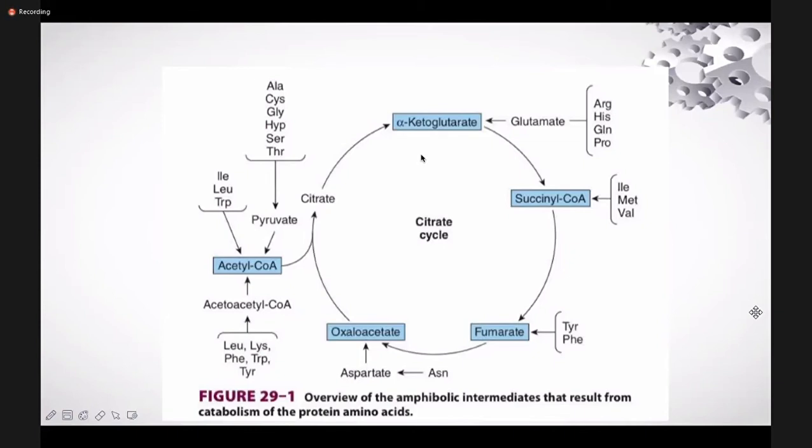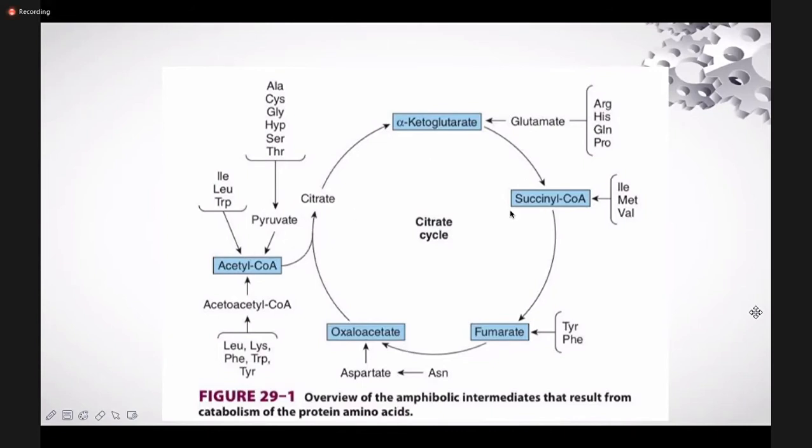Of course, you also have to take note of this and memorize this, because if you know this basic pattern, it will be very easy for you to take note of the individual catabolism of these amino acids. You just need to know at what point they are converted into a certain metabolite or intermediate,